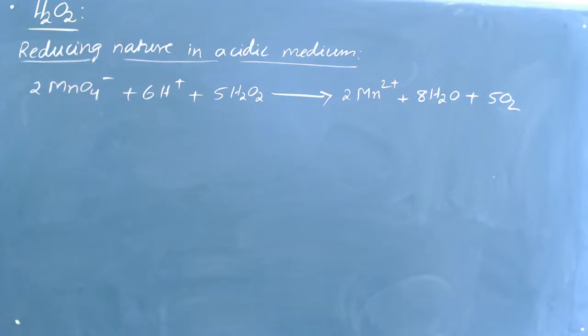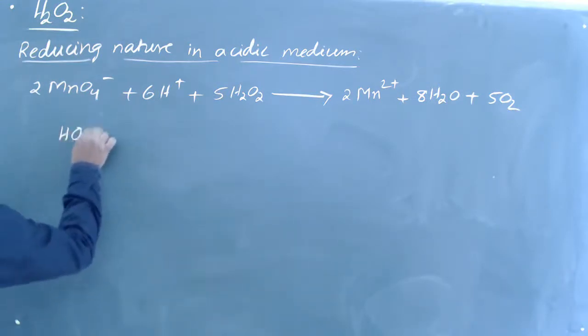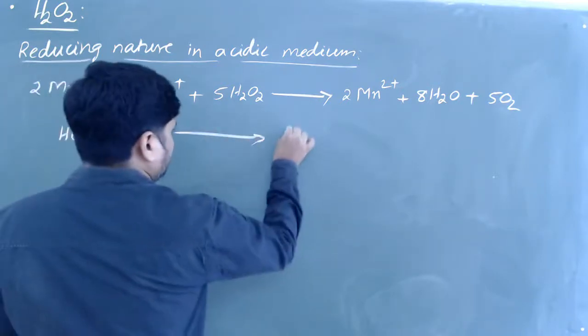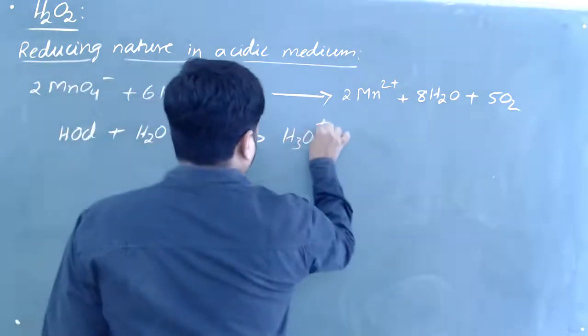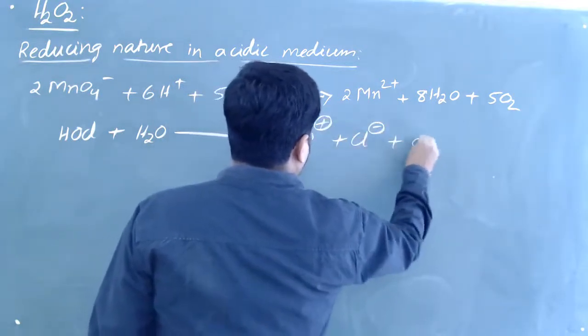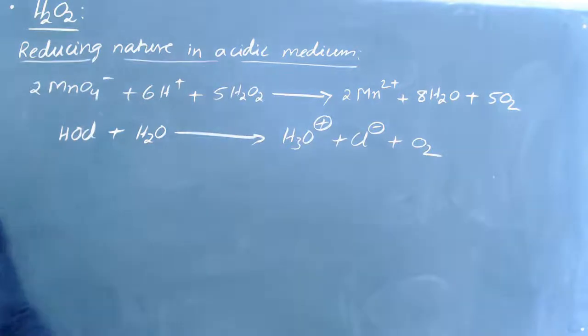One more example, if you take hypochlorous acid, HOCl plus H2O gives rise to H3O+ and Cl minus, and oxygen gas will be liberated. So this is what we can observe in acidic medium, the reduction takes place in this fashion, whereas when you take basic medium,